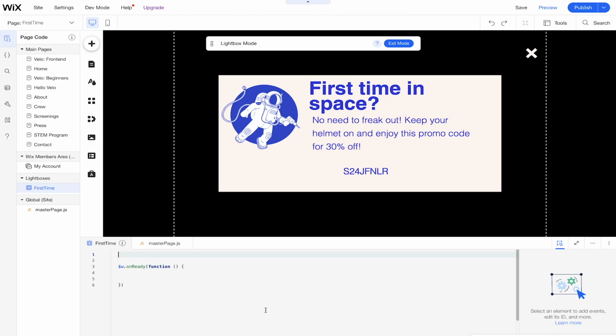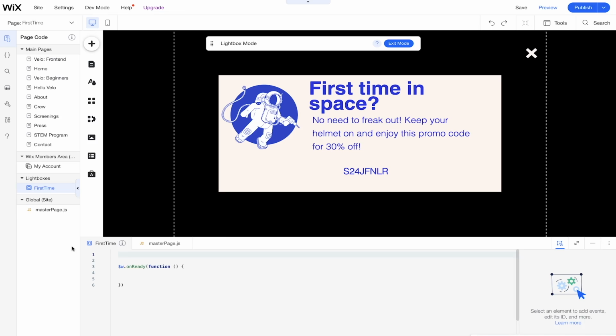But for this demo purpose, we just want to work with Wix storage, and we want to be able to bring up this lightbox for the very first time our visitor is coming to our site. What we need to do now is go to our masterpage.js. Masterpage.js is going to be our global code, right? So it's going to be working through our entire site. So from bringing up windows for the very first time, working with any functions within your header or within your footer, this is the code space that you're going to be manipulating. So we're going to navigate over to masterpage.js, and let's get started.